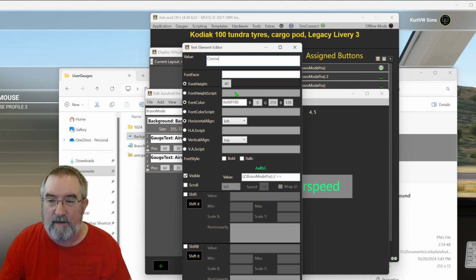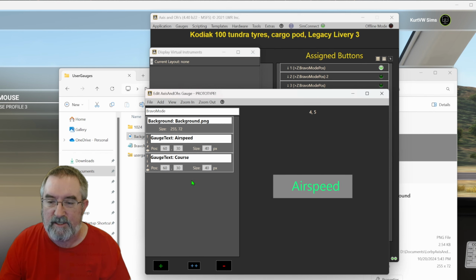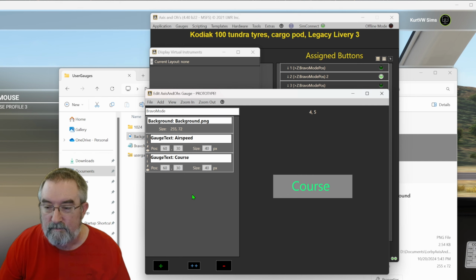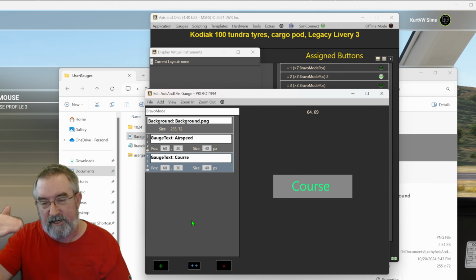These values were all copied in, so they're basically what I want. So I can go ahead and click apply, close. Now I have airspeed and course. Course will probably not be positioned where I want, but we're on airspeed now. And when I turn the knob, it says course. Actually, that's pretty nicely aligned. We'll just leave that. So you want to go ahead, and we're going to do this for each of the